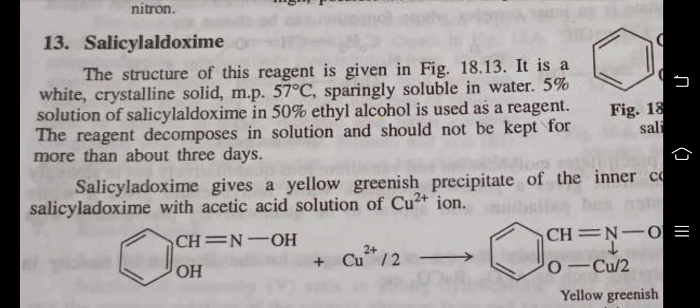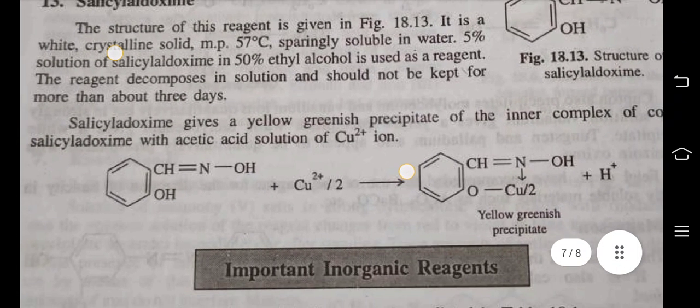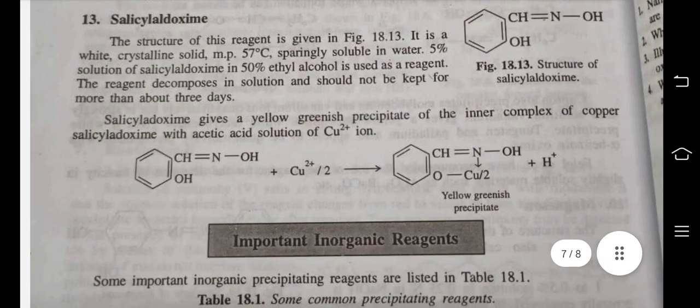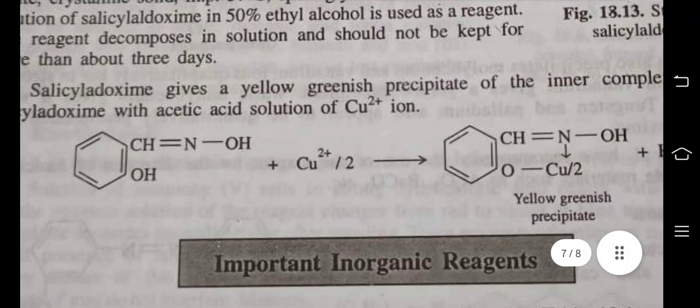Next reagent is salicylaldoxime. The structure is shown in the figure. It is a white crystalline solid. Melting point is 57 degrees Celsius, sparingly soluble in water. A 5% solution of salicylaldoxime in 50% ethyl alcohol is used as a reagent. The reagent decomposes in solution and should not be kept for more than about 3 days. Salicylaldoxime gives a yellow-greenish precipitate of the inner complex of copper salicylaldoxime with acetic acid solution of